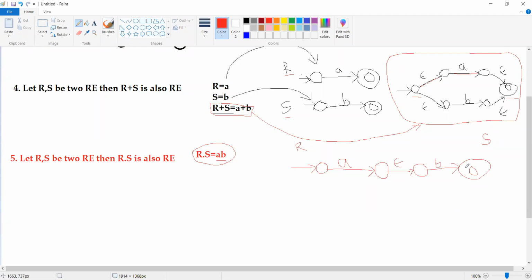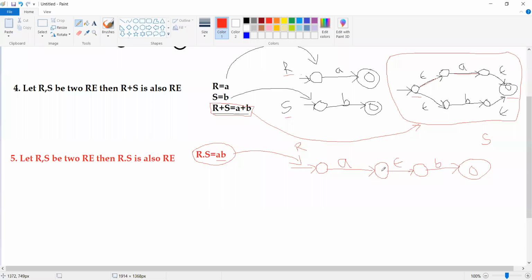Now what is the input string which is going to be accepted by this finite automata? Small a epsilon b, that is a into epsilon into b, which is nothing but the string AB, that is A concatenated with B. So when you do the concatenation, whatever final state is available in the first finite automata is no longer going to remain a final state.